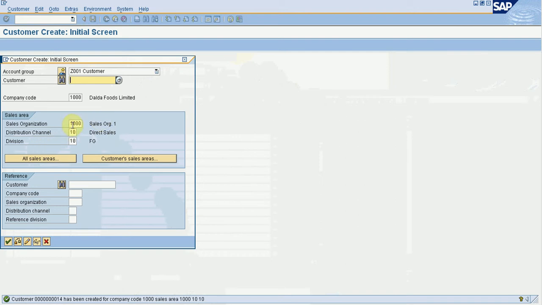Sales organization is basically the organization which is responsible to sell goods. Distribution channel, how we are going to sell our products. Institutional sales, factory sales, domestic sales, online sales, and so on and so forth. Division, how I am going to divide my products according to their groups, whether it is goods or services, and so on and so forth.